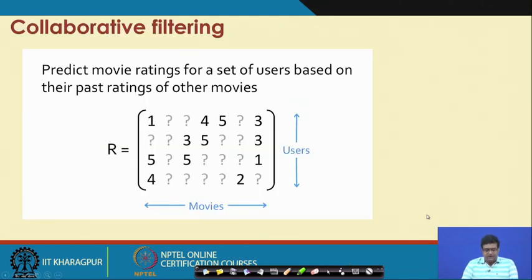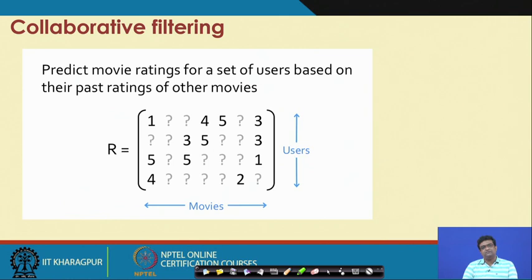The first example we are going to see today is that of collaborative filtering. The problem is the following: you are given a matrix of users cross movies.